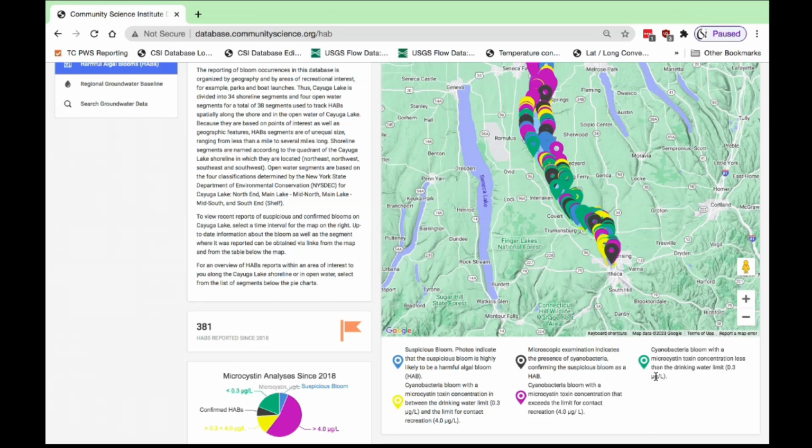Green pins are blooms in which the microcystin toxin concentration is below the drinking water limit of 0.3 micrograms per liter. Purple pins are blooms in which the microcystin toxin concentration is above the contact recreation limit of 4 micrograms per liter. Yellow pins are blooms in which the microcystin toxin concentration is between the drinking water limit and the contact recreation limit. And these are limits that have been set by the EPA and adopted by the New York